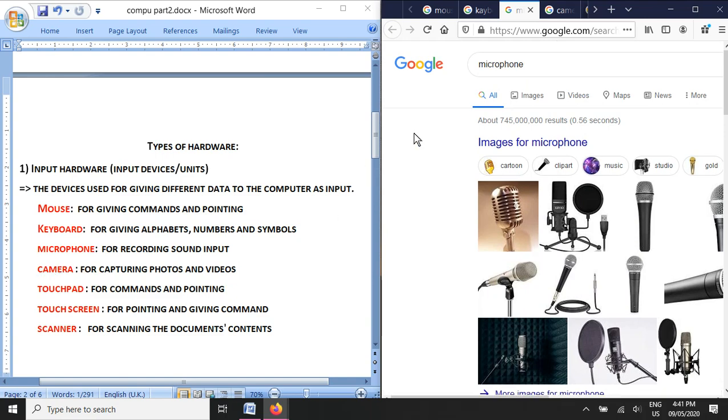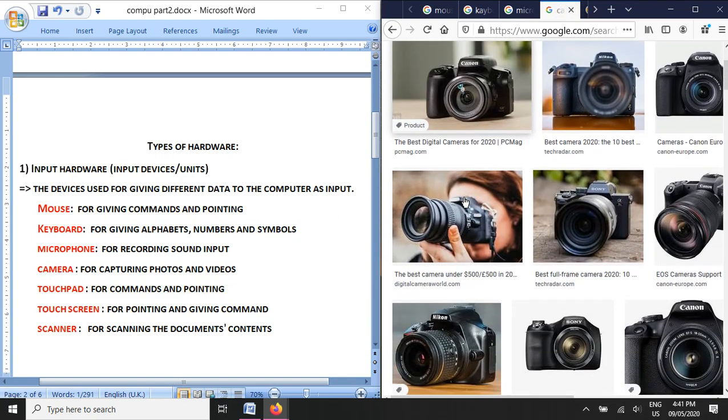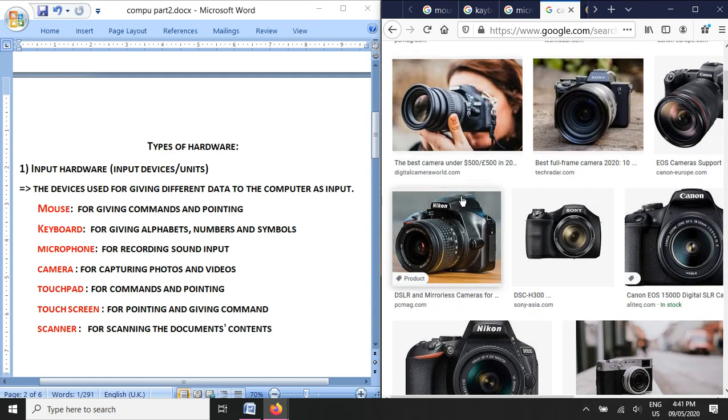And after that we have the camera. So cameras are also input devices. We capture the photos and videos from the camera and we give it to the computer. So if the computer has to see something, visual contents are captured and given through the camera. Camera records the photo, camera records the video and saves it in the memory cards inside here. Here there is the place to hold the memory card, and that memory's contents can be copied to the computer for further processing.